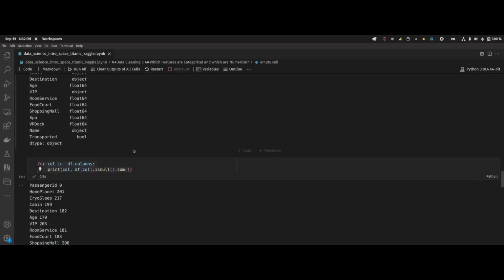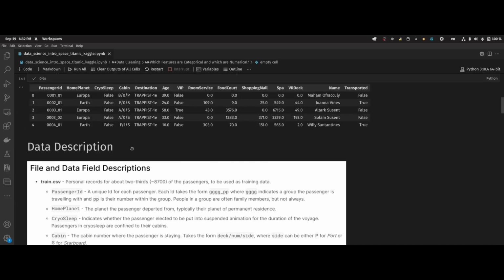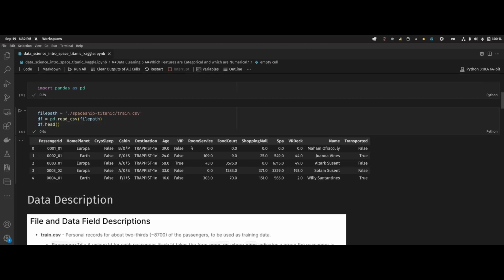Now we should take a look here just to see if replacing with the mean in any of these examples is going to give us some kind of bias or some kind of mistake. But I'm guessing that's not going to happen. We have age, replacing with the mean age, I guess it's fine. Room service, also fine. We replace it with the mean. I mean, yeah, that's true. Replacing with the mean is not necessarily the best approach,